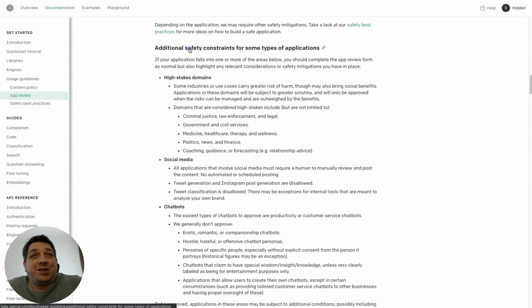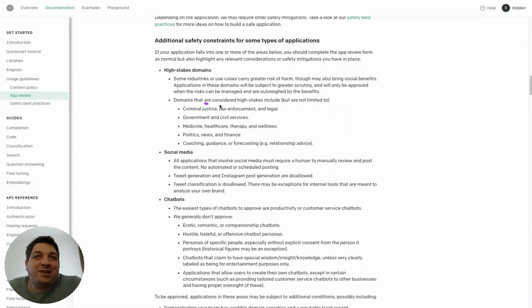And then we have additional safety constraints for some types of applications. There are specific things that they require specific steps for, and you'll see high stakes domains. Some industries carry greater risk of harm, though may also bring social benefits. Applications in these domains will be subject to greater scrutiny and will only be approved when the risk can be managed and is outweighed by the benefit. So domains that are considered